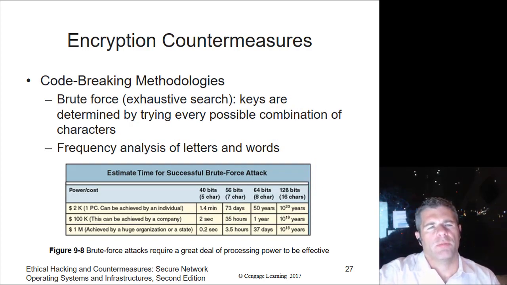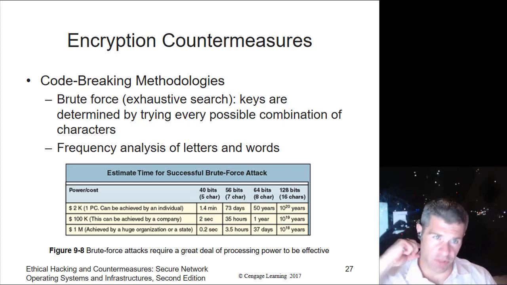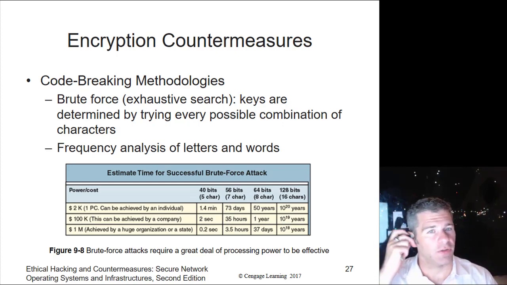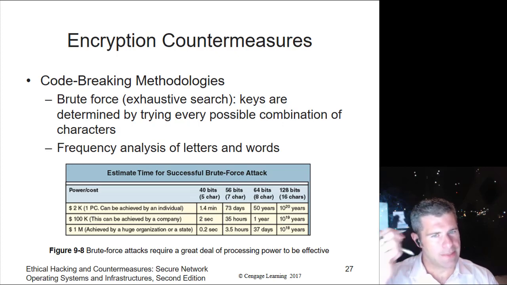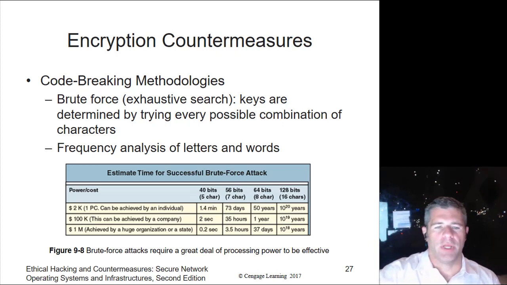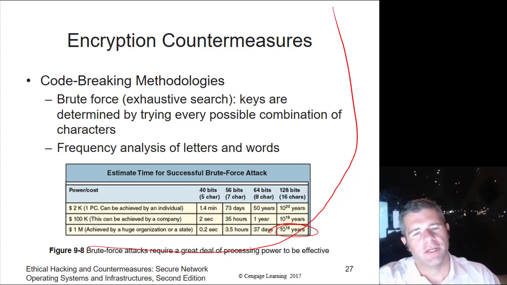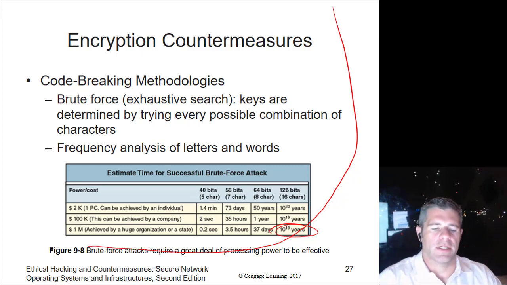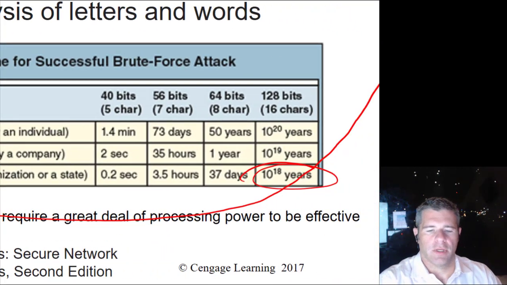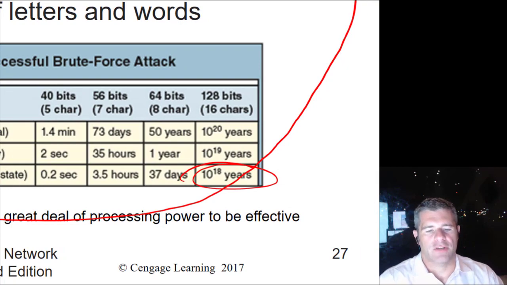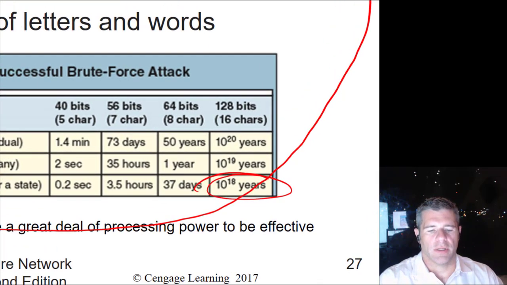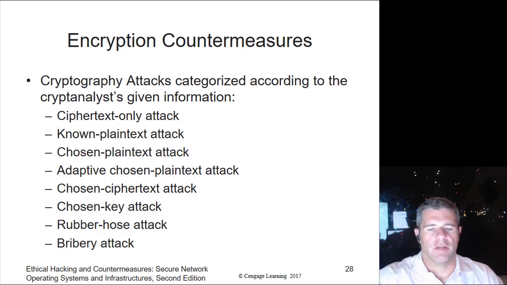So what can people do to break through your crypto? Well, we can try to exhaustively search every single key out there in reality. Depending on how big the key is, the time starts down here and creeps up and then goes way up. This is a long time. 10 to the 18th power years is a whole lot of time to get something like that accomplished. So you'll see that the bigger they get, the harder they go. A little one isn't so bad, but a giant one is going to give you problems.